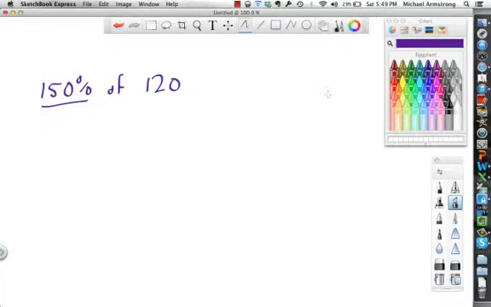Remember, you just move the decimal place over twice. This is from a recent lesson. Okay, change it from a percent into a decimal. It's just 1.5. We move the decimal over twice, times 120. And so if you just write it out